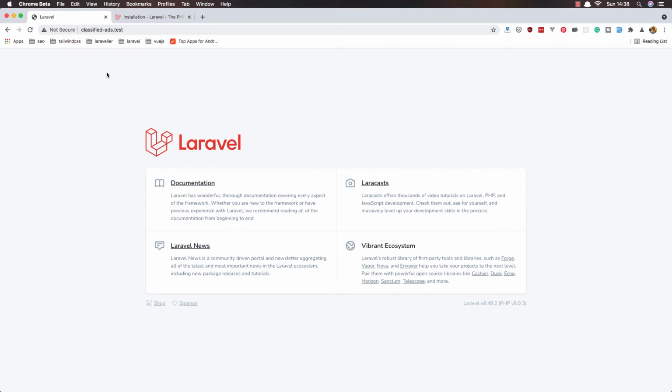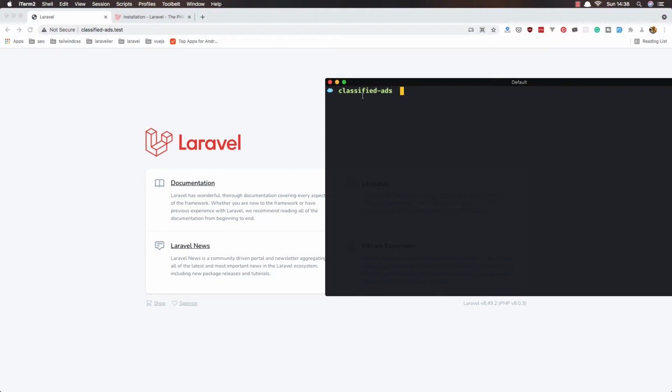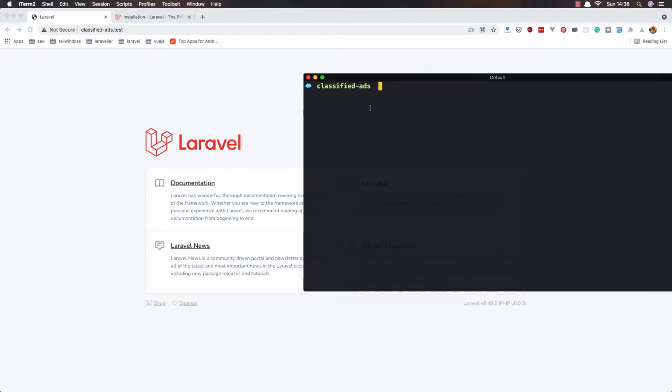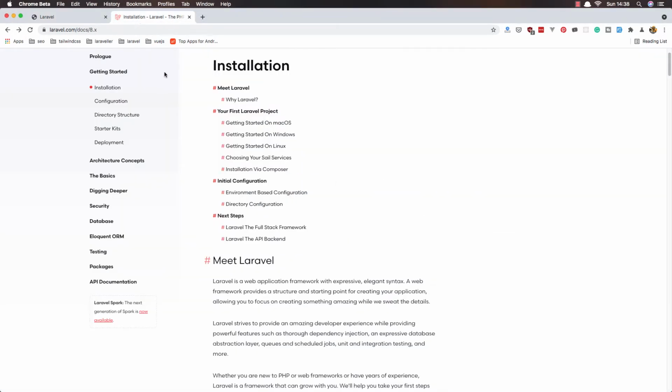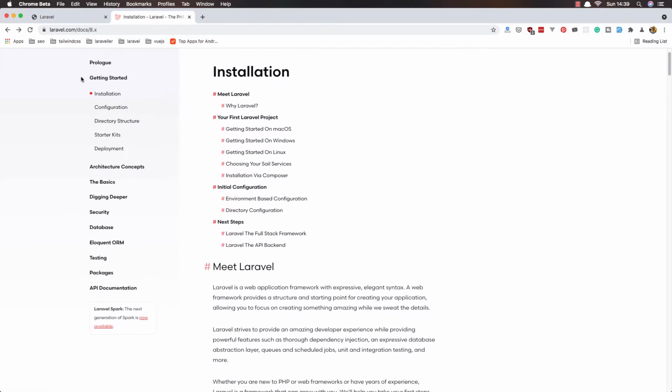I have opened here in the browser the classified ads website project, and the project is a fresh Laravel application. Also I have opened the terminal and I am inside the classified ads folder. I'm going to install in this video the authentication package, and if you go to the Laravel documentation, here we have a package